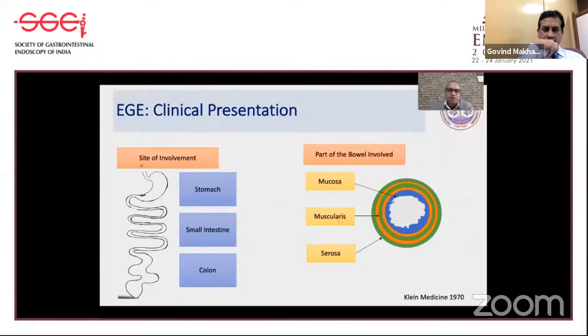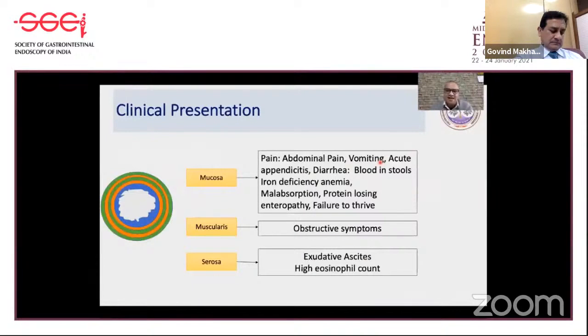What is the site of involvement? Stomach, small bowel, or colon, or the esophagus. And of course, the part of the bowel wall which is involved, whether it is mucosa, muscularis, or the serosa. So depending upon the site of involvement of the bowel wall,